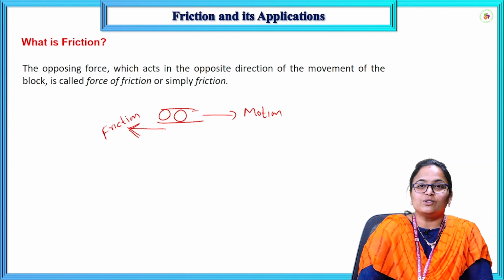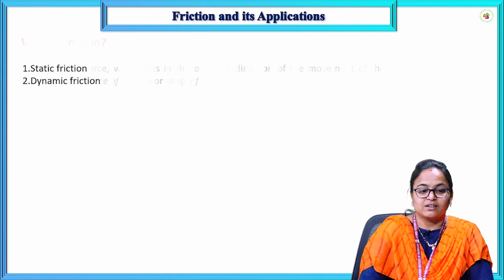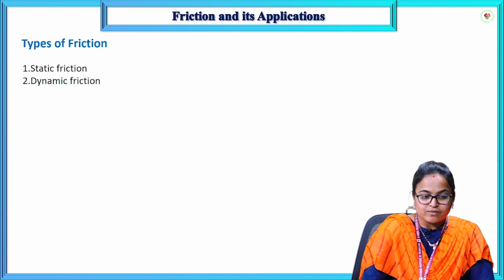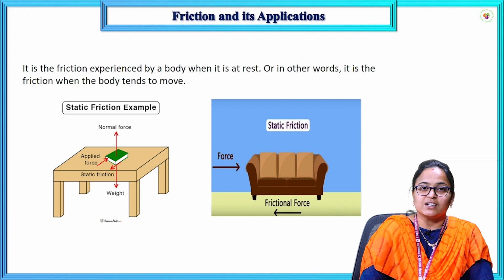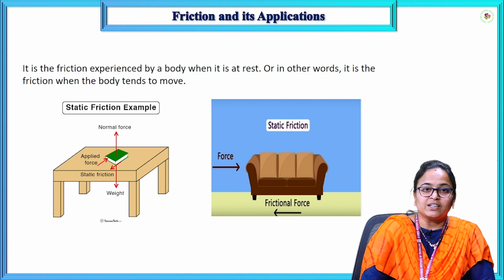Next, coming to the types of friction. There are two types of friction. One is static friction and the second one is dynamic friction. We'll see what is static friction. Static friction is nothing but the friction between the two contact surfaces when the object is at a rest